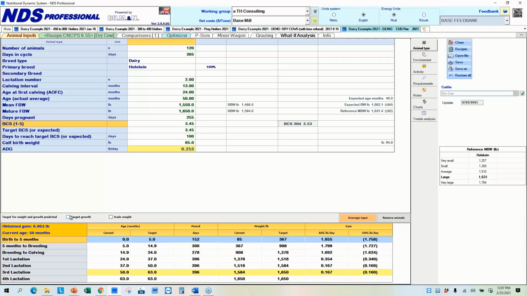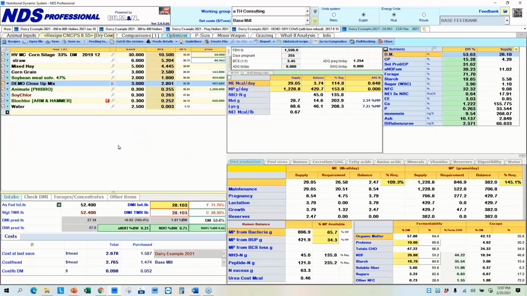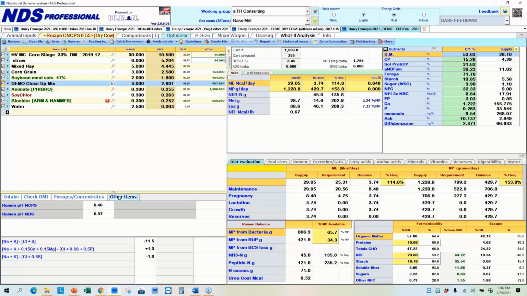But again, we click it off and go ahead and now in this close-up animal, the other thing that kicks in when we go from close-up, if I go down to other items here, you can see that I'm running a minus